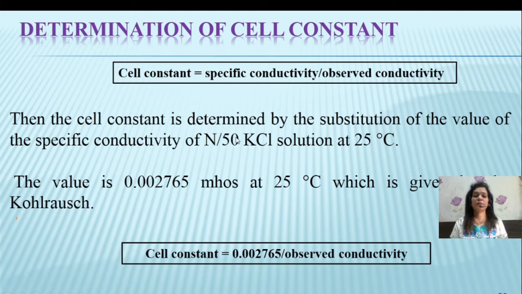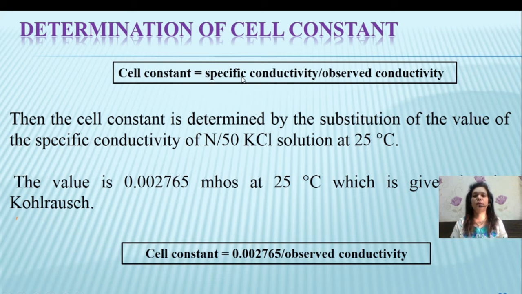Specific conductivity at 25 degrees Celsius is known for an electrolyte like KCl. It is a strong electrolyte and dissociates completely. So as a standard solution, we always prefer to use this 1/50 N, that is 0.05 normal solution of KCl, and with this known specific conductivity,